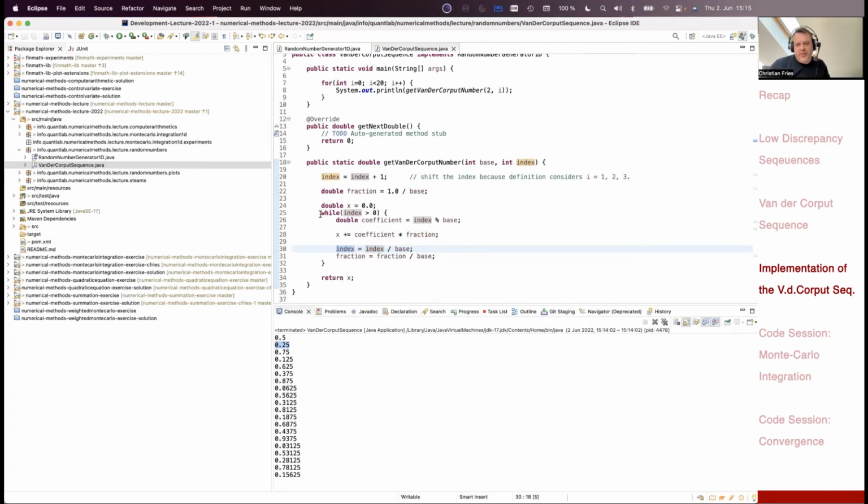So I enter again here. The index is larger than 0. 1 divided by 2 has a remainder. It's a coefficient 1, but the fraction had been updated to 1 divided by 4, so I will get the 1 divided by 4. So the next one then has the index 2,